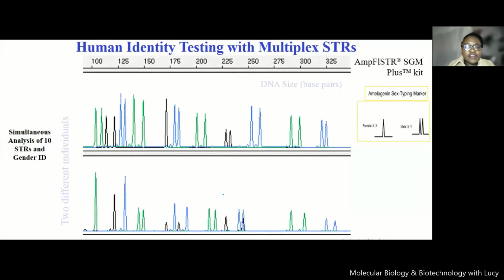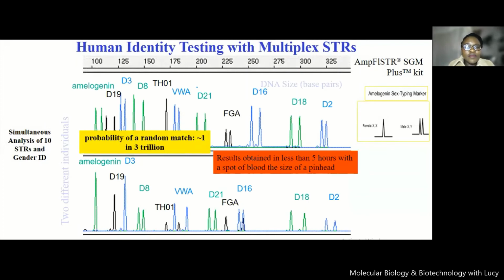So essentially, you get results like this. Human identity testing now with multiplex STR. Here we have a simultaneous analysis of 10 STRs, including the gender identity STR. So it will yield for you such peaks. You can see these are two individuals. This is individual 1, this is individual 2, and you can see this is now the sex identification marker. Then we have D19, D3, all of them until this one. And the same case for the second individual, all the markers, and you can see they are yielding totally different